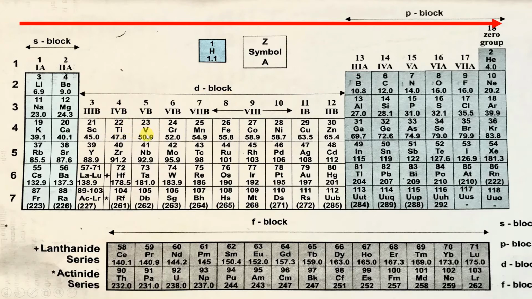Okay, so what we have understood up till now is that as you move from left to right, the size is obviously going to decrease, but for the S block and P block elements, the size is going to decrease drastically, whereas for the D block elements, the size is going to decrease in small quantities. Now, this is not the case only for the fourth period. If you consider any period from the first period up to the seventh period, all of them will show a decrease in the atomic radius as you move from left to right.